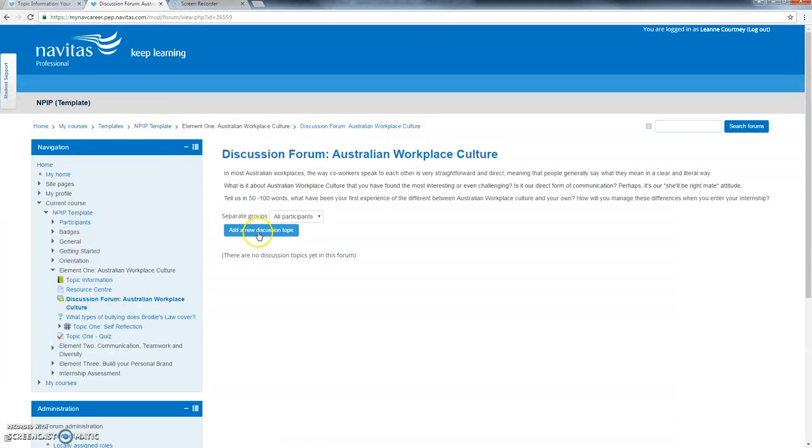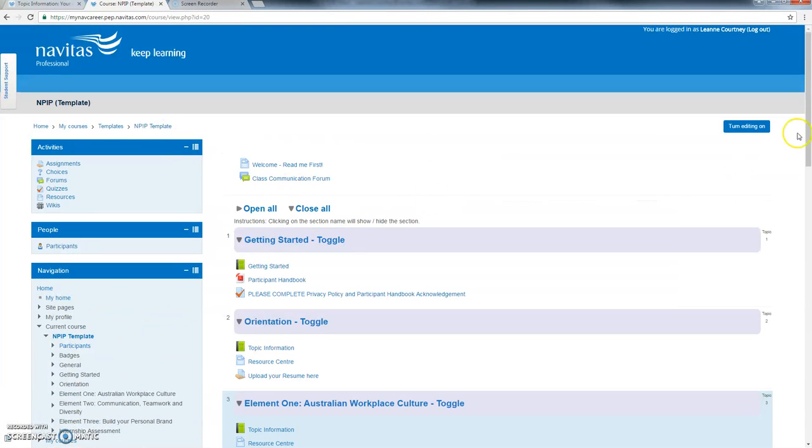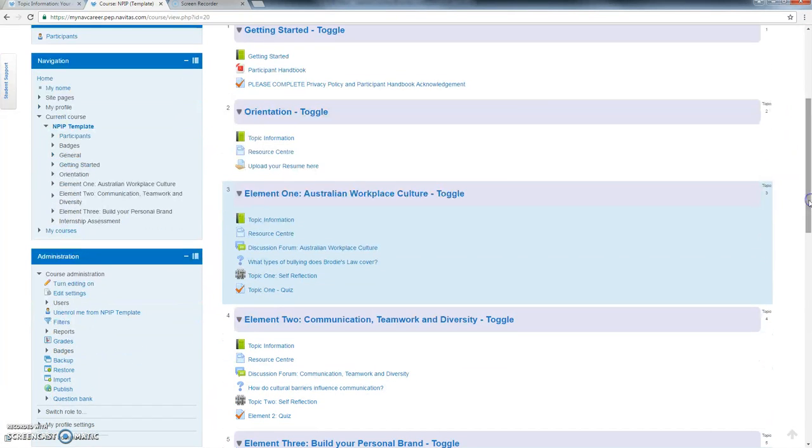So the idea is that they would add a discussion topic here, and a trainer or someone would have to come in and respond to whatever they post there to provide feedback as to whether it was a suitable answer, or whether they would provide feedback and ask further delving questions to get the students to further reflect on the discussion forum topic. So that's the choice question, that's the discussion forum, and then what I've got them doing is